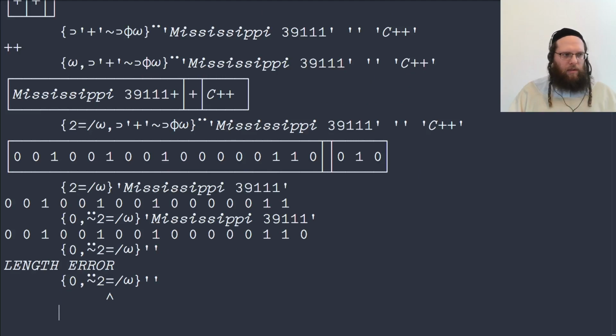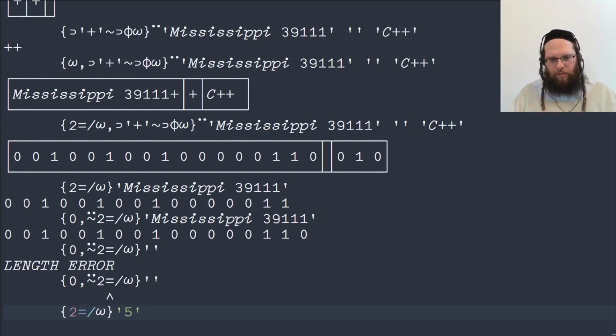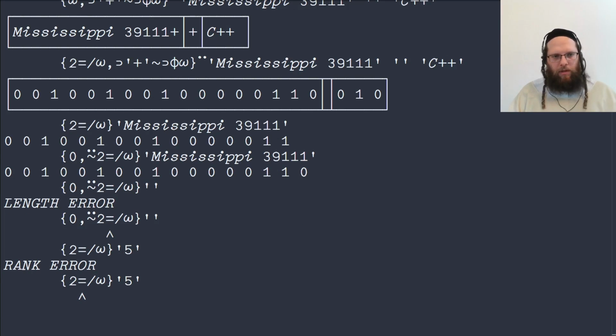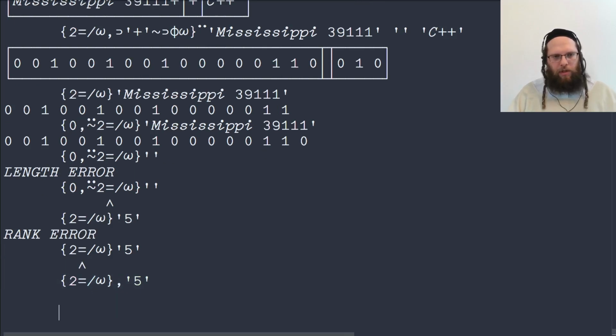We get an error there. So if we run the n-wise reduction here on something with just one more character, oh sorry, we need to make it into a vector. Then we get an empty result,